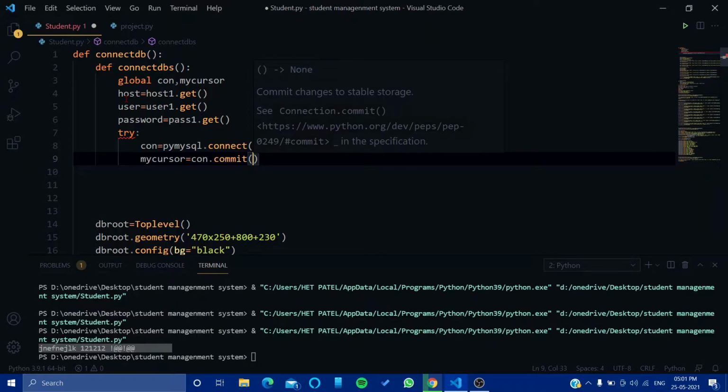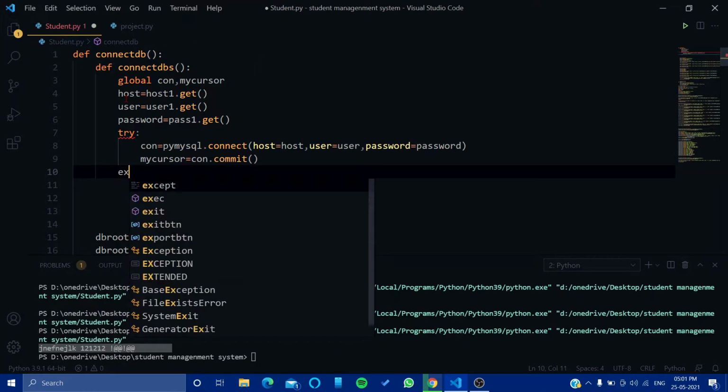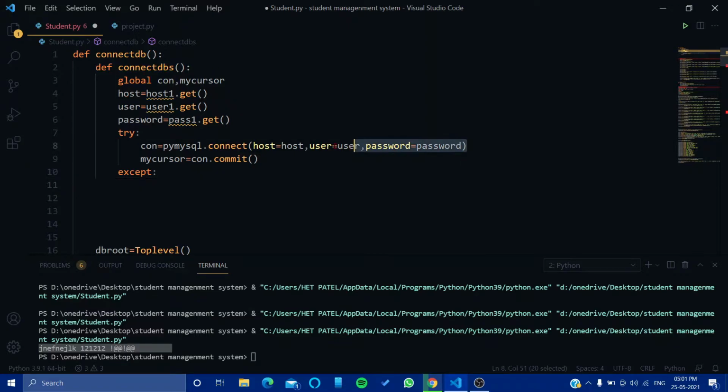Then we will say except. If all the three things are correct over here, then it will be connected to the database. If not, then we will show a message that your data is incorrect. Now we will add a message box over here.